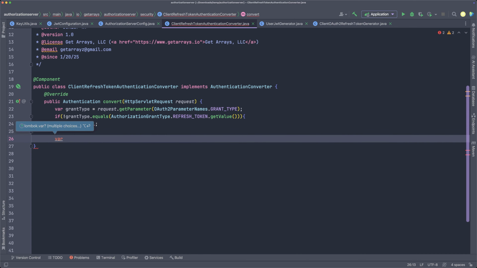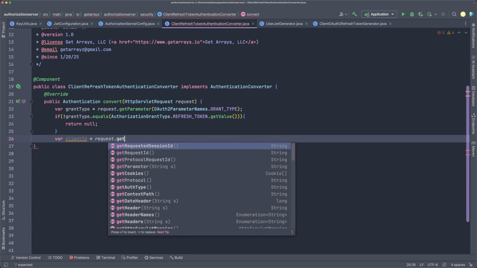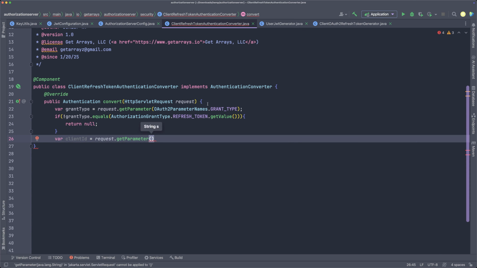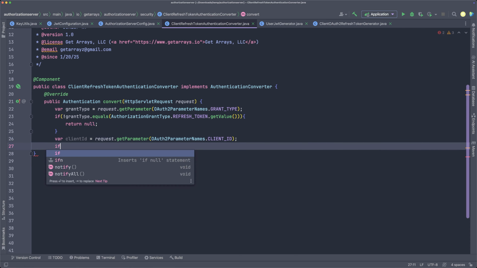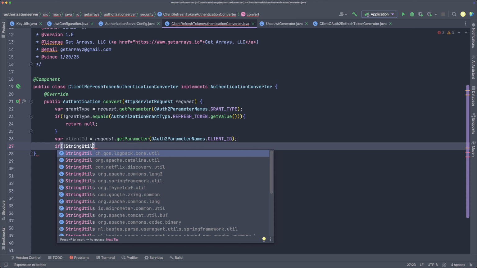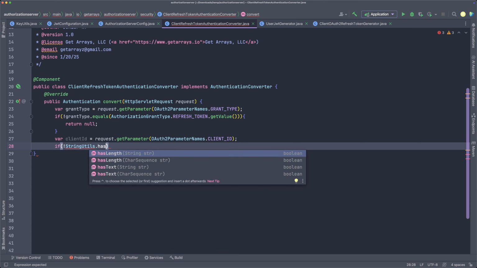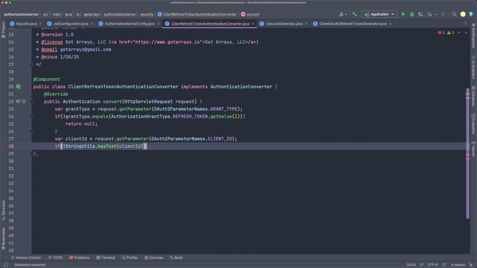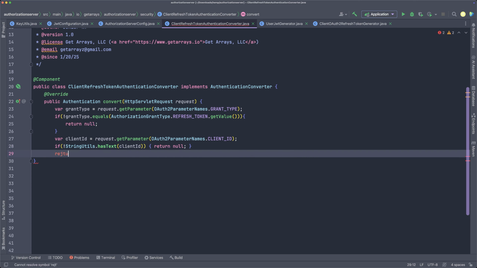So we can say clientId equals request.getParameter, and then we're going to get the client ID. So here, client ID. We can check to see if it's not null. So we can say StringUtils, coming from Spring, hasText. So if the client ID is null, then we'll return null because we can't work with that. Otherwise, we will return a new